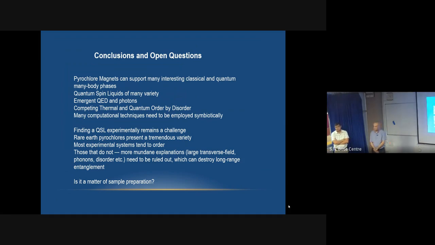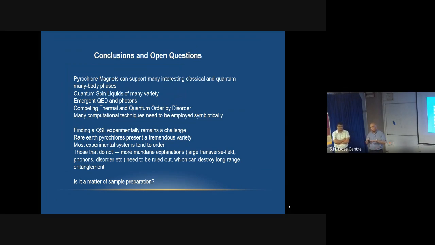The absence of order, and then a large entropy. Those are some signatures. Those are a good starting point, and that certainly exists. For classical spin ice, we have very good experimental evidence. So that exists. You have absence of order, you have large entropy, and in that large entropy, you have